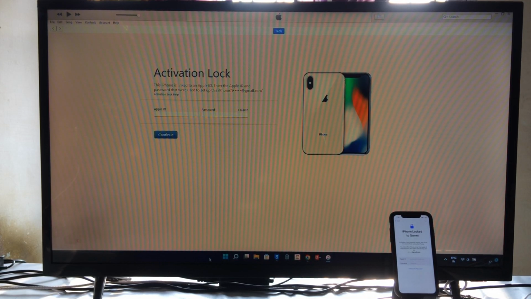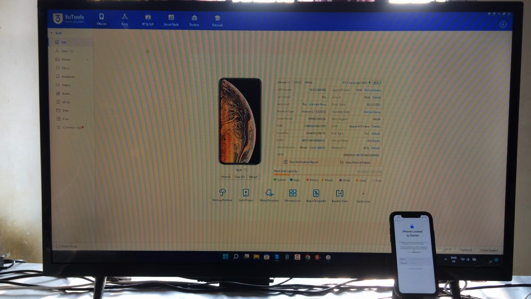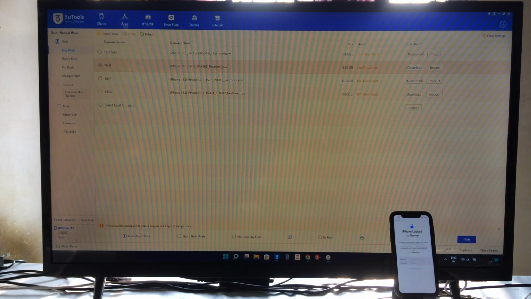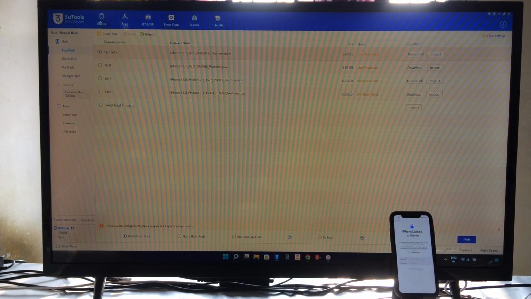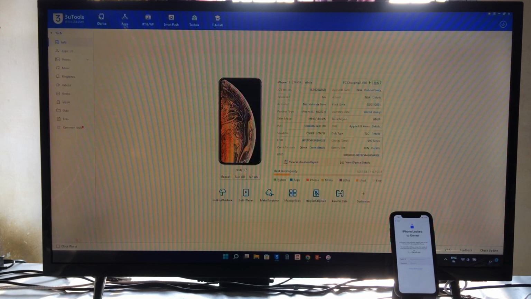For it, first of all, I will come to the 3U tool, and here we will click on smart flash and we will download one beta version. See, this beta version can also be functional. So 16.0 iOS, 3.6.2 approximately. This is a 16 iOS, and similarly if I read off all the details, this beta is here, see, of course similar. So of course this can be functional.